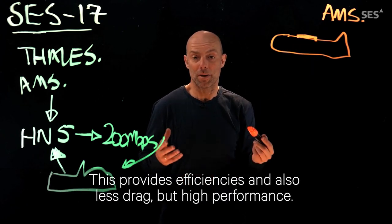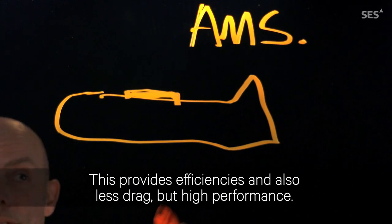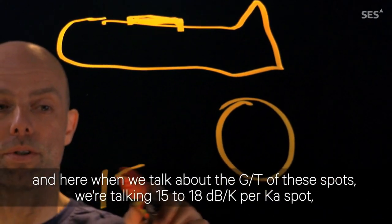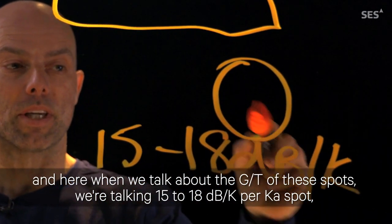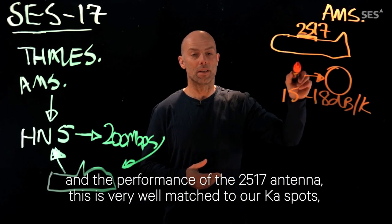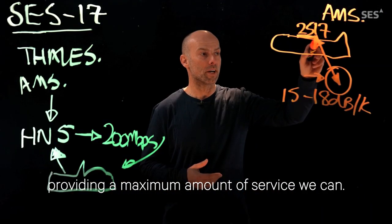This provides efficiencies and also less drag, but high performance. And we talked previously about the Ka spots on SES-17. And here, when we talk about the G/T of these spots, we're talking 15 to 18 dBK per Ka spot. And the performance of the 2517 antenna is very well matched to our Ka spots, providing the maximum amount